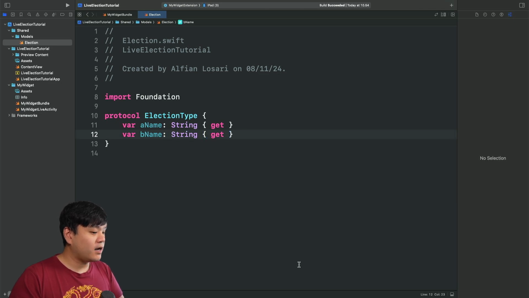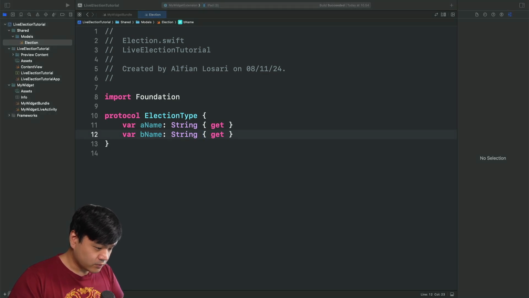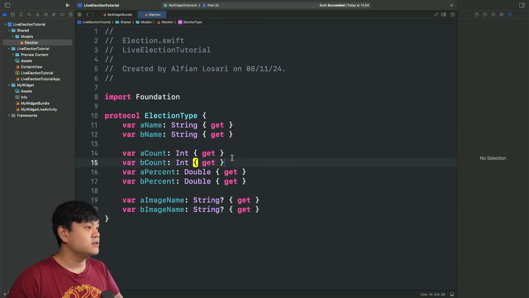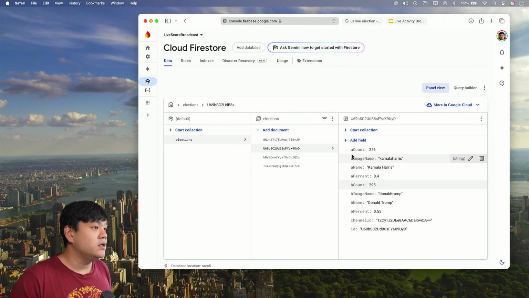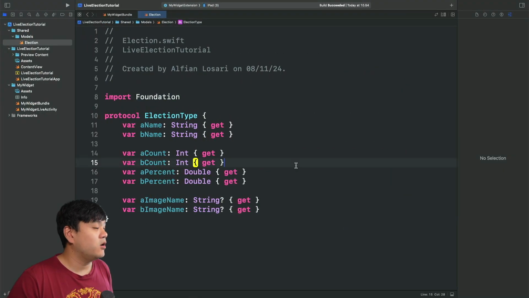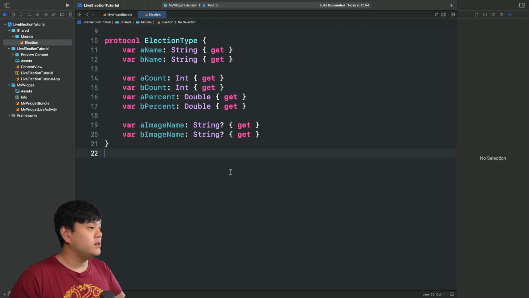To save time, I'm going to copy this, because it will take too much time if I type it one by one. Let me paste the remaining fields: aName, bName, aCount, bCount, aPercent, and also the imageName, which are optionals. And if you see in here, we don't have the channelID and this ID field, because both of them are only used for the main app. So we will create a separate model for the main app and also for the live activity widget attributes